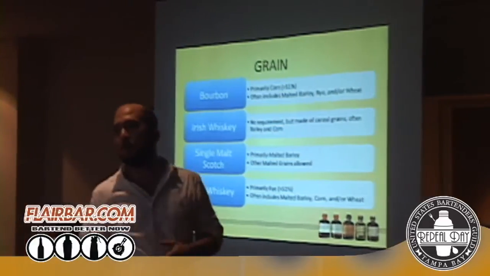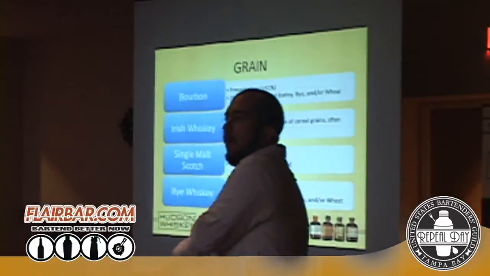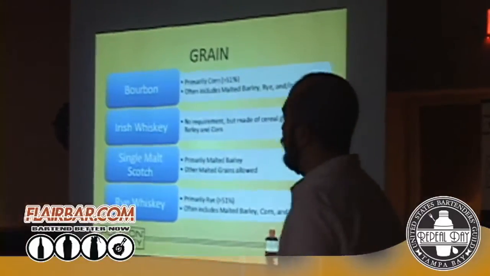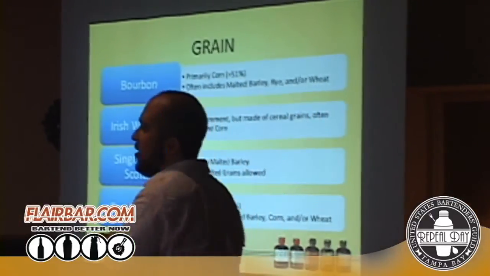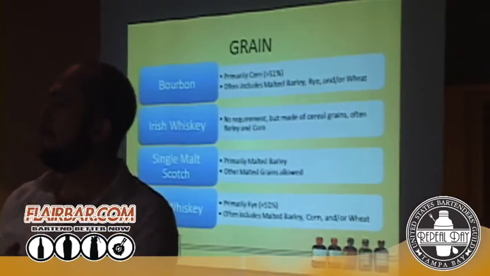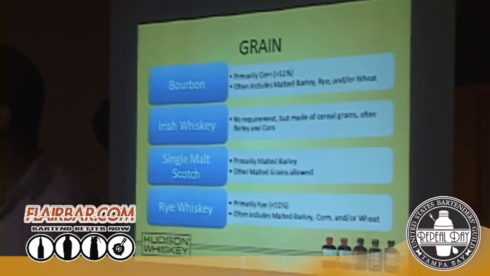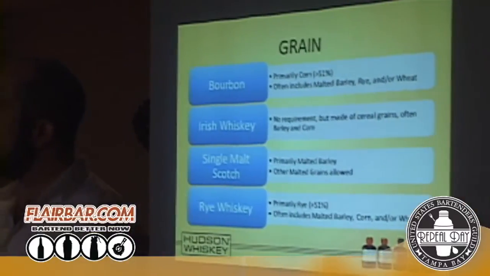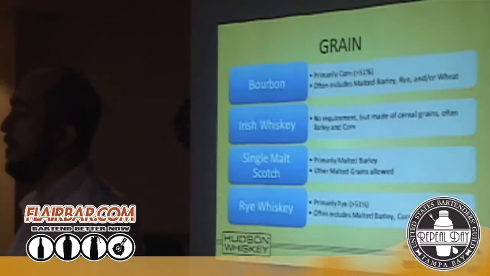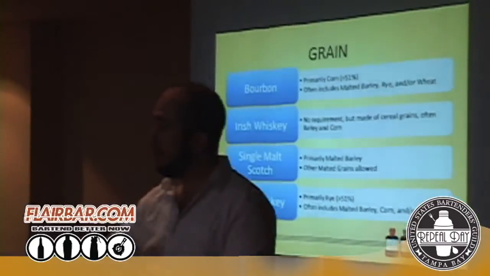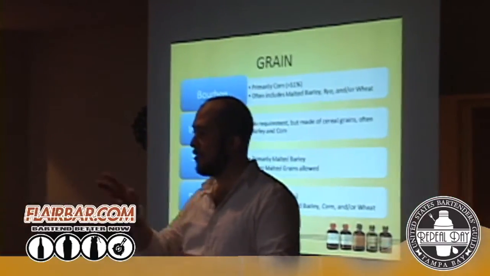All right, so when we talk about the different types of whiskey, bourbon, right? Primarily corn, at least 51%, no less than 51%. Anybody know any of the other regulations on bourbon? It's gotta be aged for at least 3 years, right? No, there is only an age requirement on bourbon if you call it straight, and that's 2 years. Unless you lived in Europe. If you lived in Europe, then yes, at 3 years.